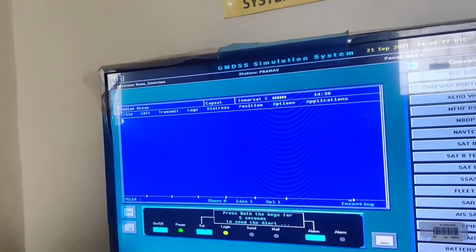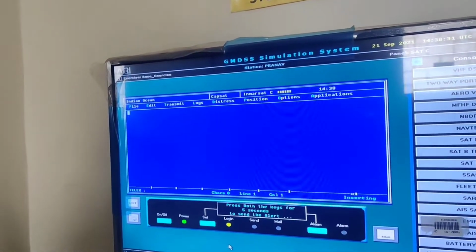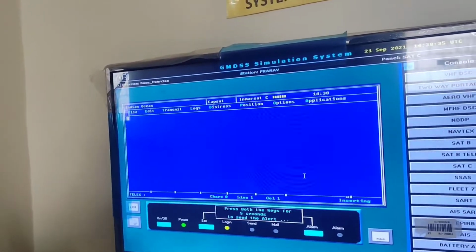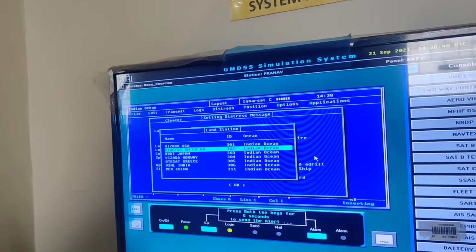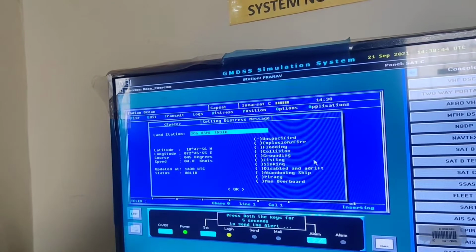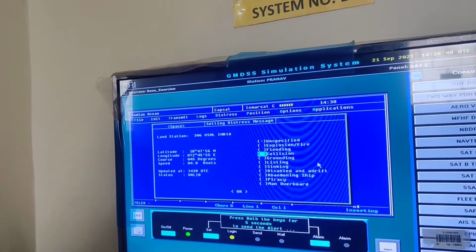Okay. Now, for distress alert, designated distress alert. For this, first you have to log in. After the login, you have to press Alt D. Go to distress. Select the land station which you have to send. Suppose here BSNL India. Enter. Go to whichever, suppose collision.